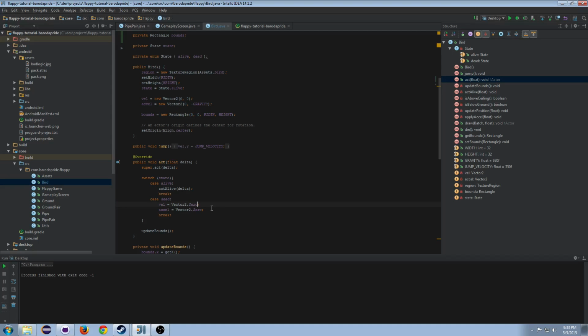Right now we're just setting its velocity to 0 when it's dead, so it's not moving. Instead of this, we're going to set the velocity of x to 0. I don't think you really need to do this because it's already at 0 all the time. The pipes are the ones that are moving, not the bird, but just for clarity's sake, I'll say velocity x equals 0, and then accel.y equals